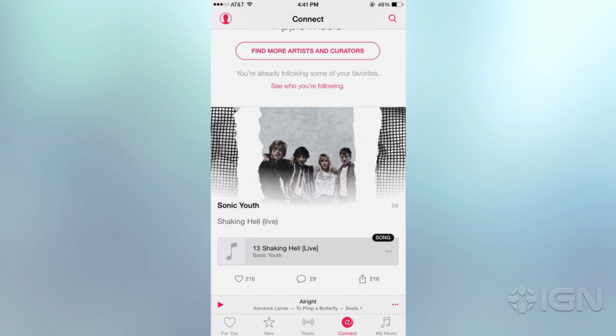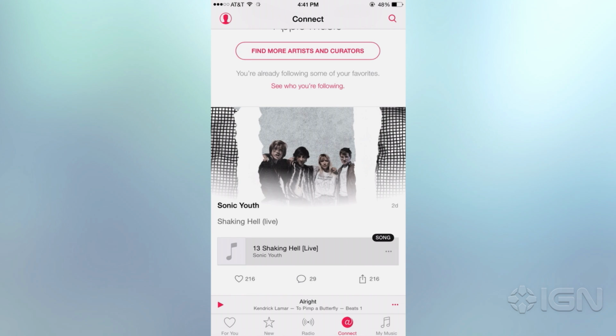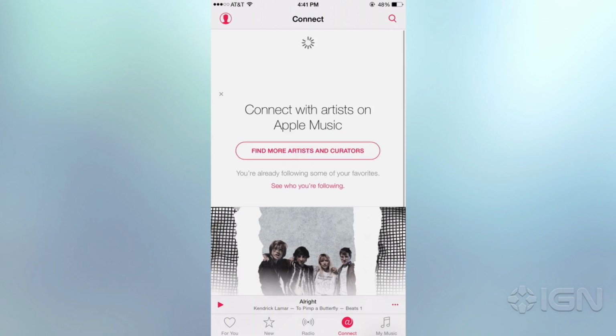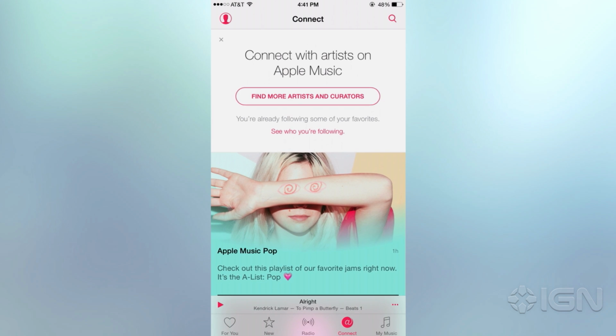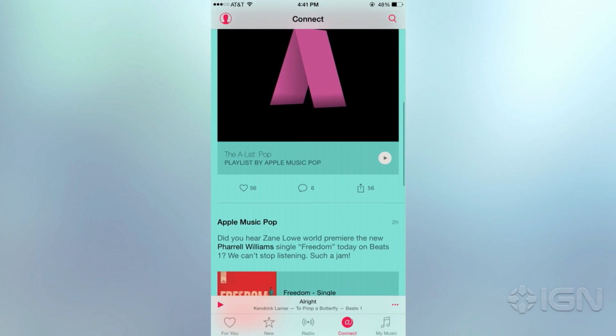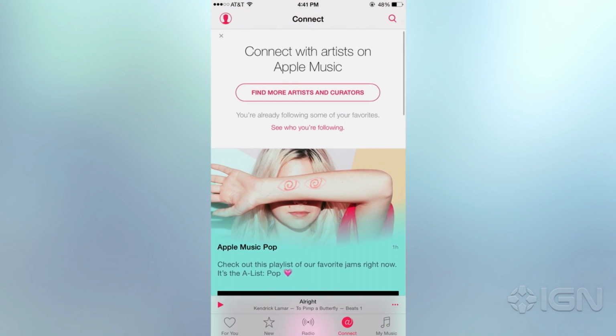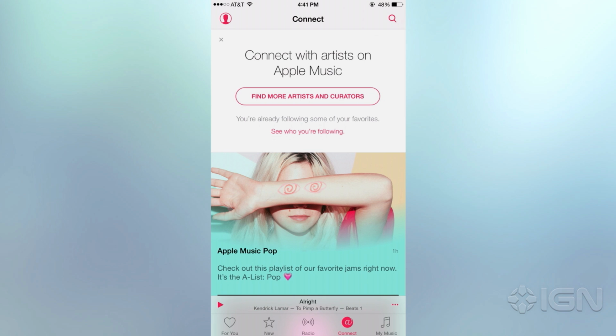You're interacting with them, they're interacting with you, they're sharing new videos, behind the scenes stuff, behind the scenes at this concert or at this tour, stuff that you wouldn't get on a Spotify or an Rdio that sets Apple Music apart. And like you said, I think Drake is debuting his new album with Apple Music. Like Drake or not, it's still a cool thing. I love Drake. I'm also a fan. But it's cool that they have this exclusive section where their artists can kind of live and thrive and interact